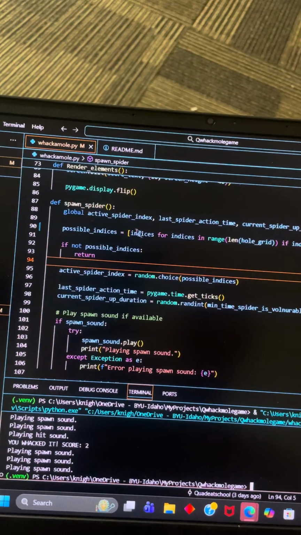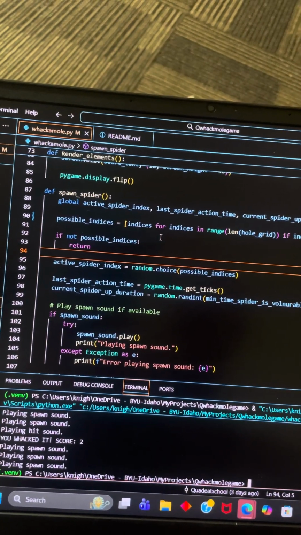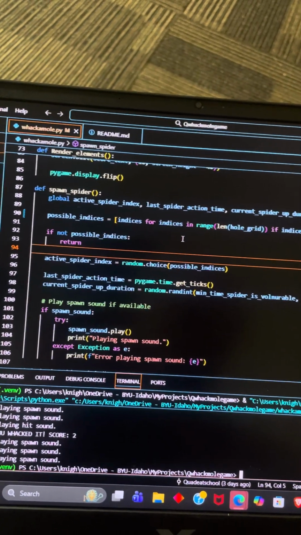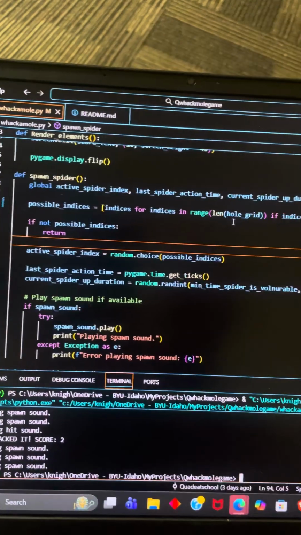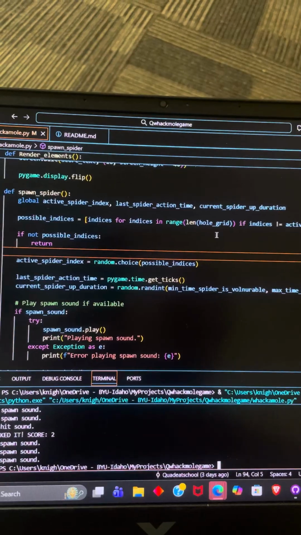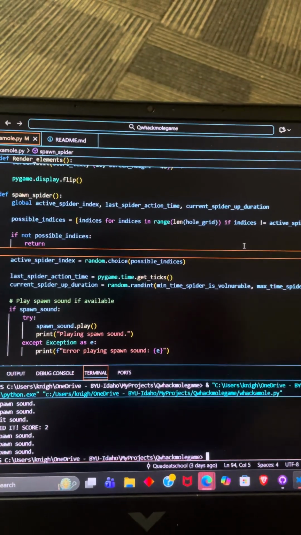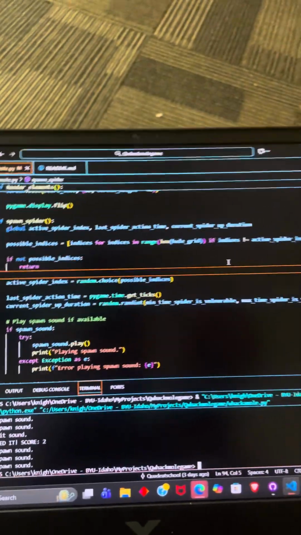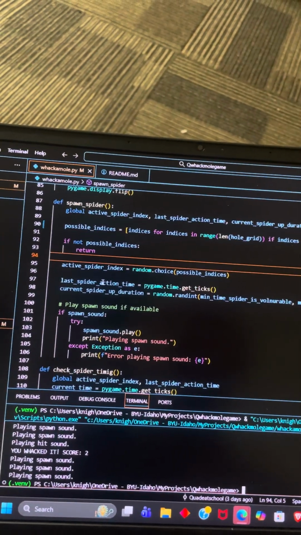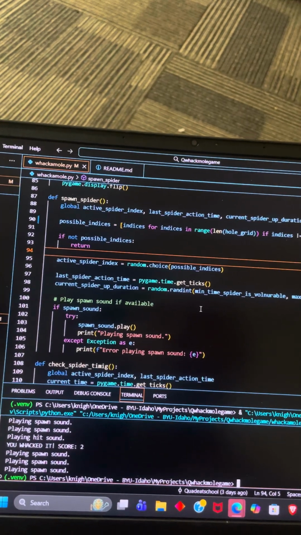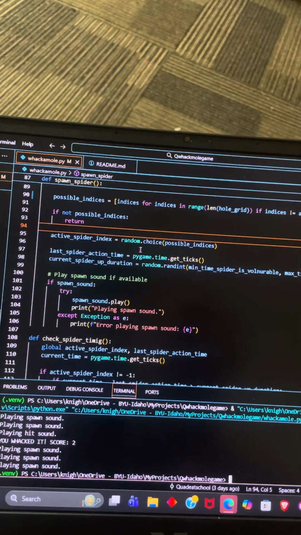I got spawn spider to actually throw up the spider and figure out which hole to put it into. Possible indices is doing a lot of the heavy lifting for me. It's making sure that the spider is going through and finding an index it hasn't been in before. If not possible, it kicks me out of that. Active spider index throws up a random, that's when it's choosing the next one randomly